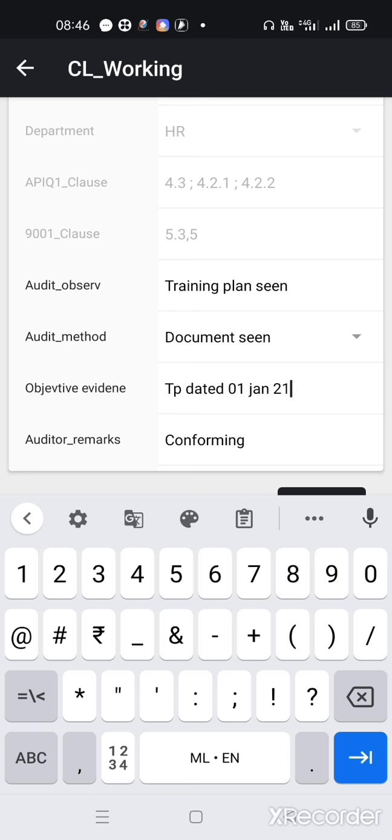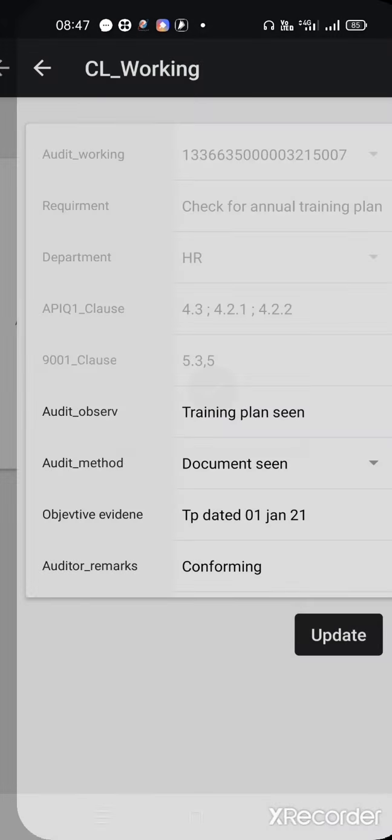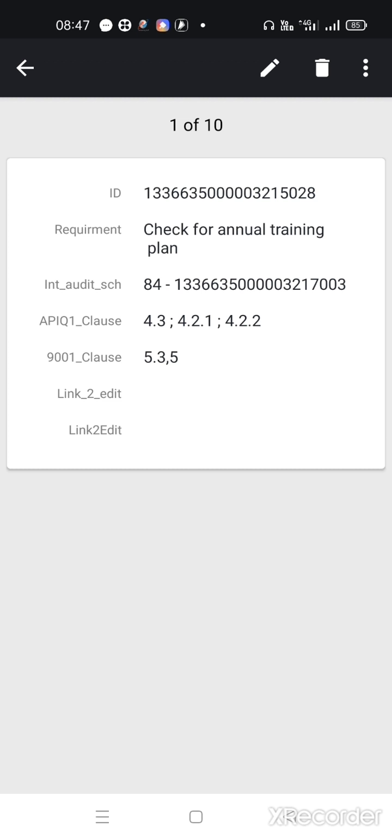So it is already confirming, which is by default it is there. If it is not confirming, you have to mention it is not confirming. Update. Now that is the first out of the 10 check sheet items.